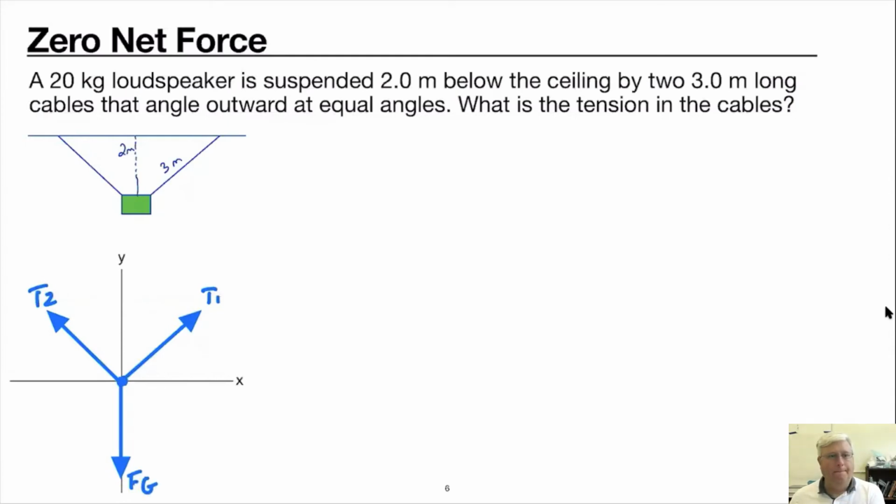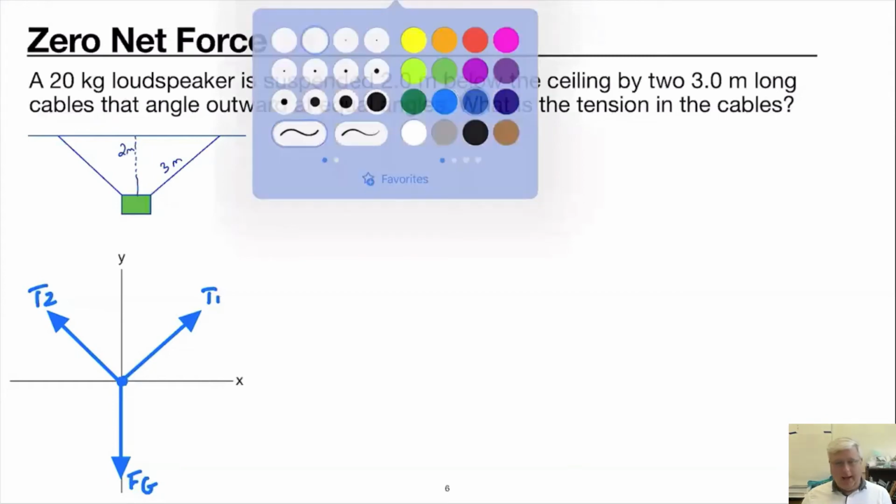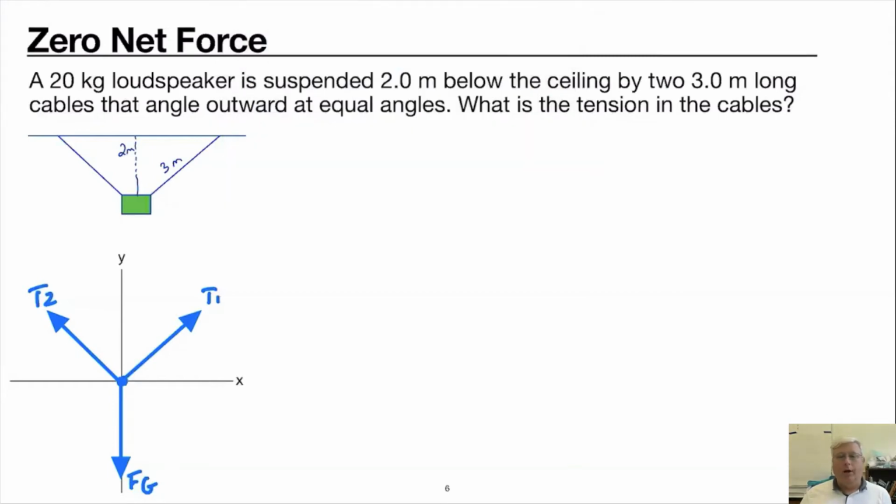All right. Okay, so are we in equilibrium? Yes, the speaker's hanging there, and we're in a static equilibrium, right? It's not moving, it's at rest. So now our next step was, let's go ahead and find the